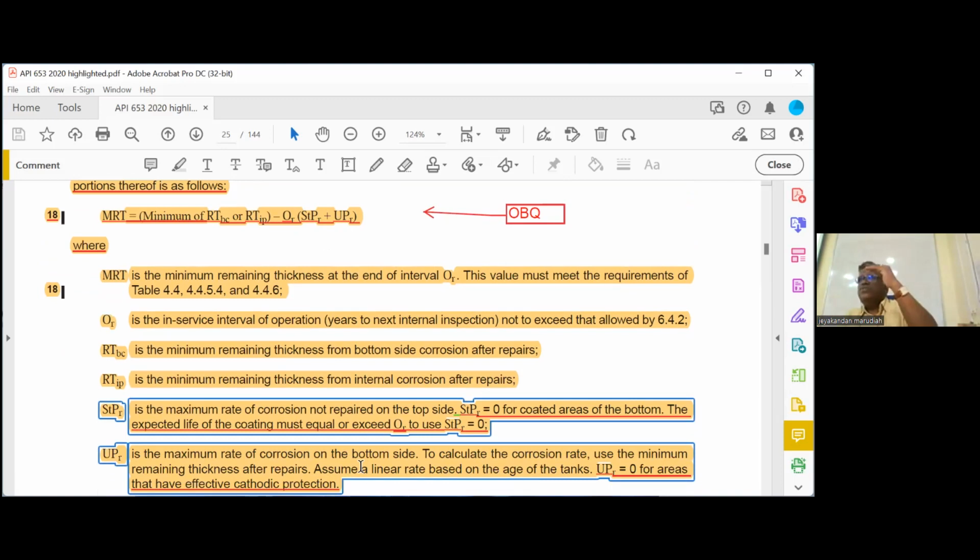Okay, if you have an effective lining, top side corrosion rate will be 0. So just to give some clarity,